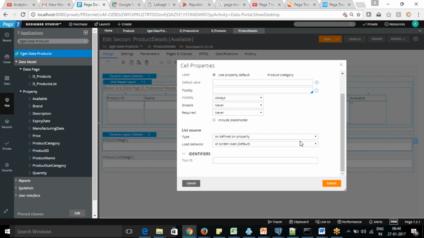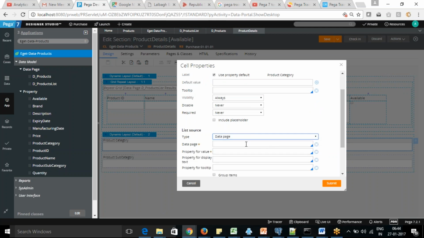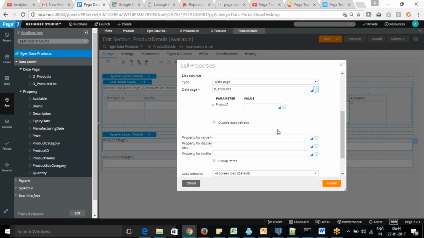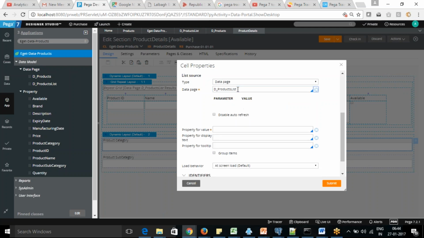So you can see what the source of that is. If I say I want a data page, here I can go for D underscore product. Oh, not product list, sorry. I need to use not the single product. So here I can go with product category. Choose category.